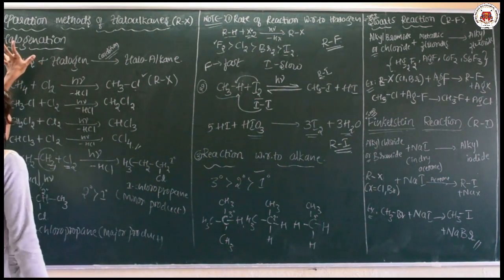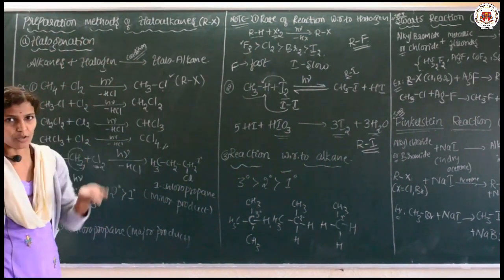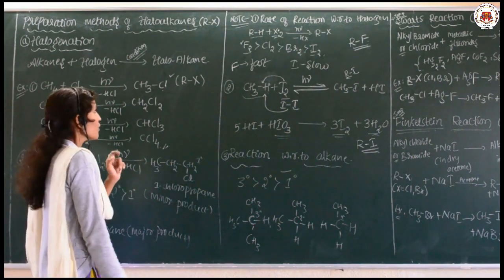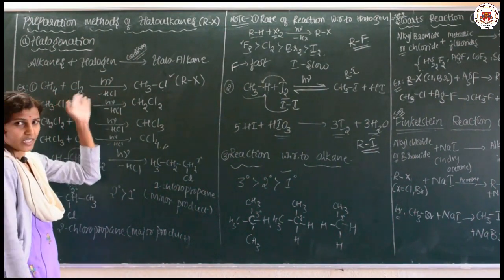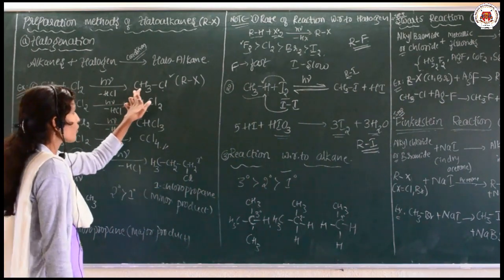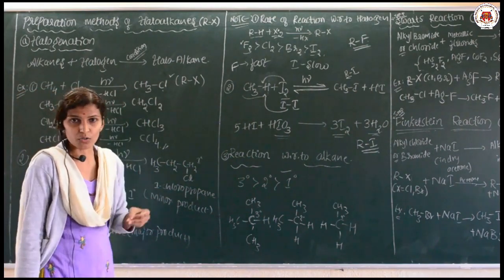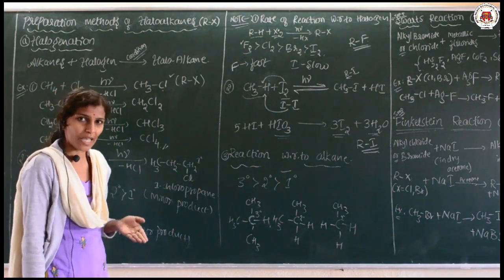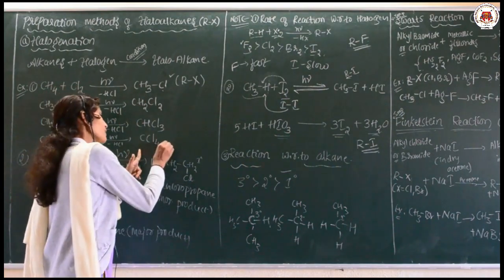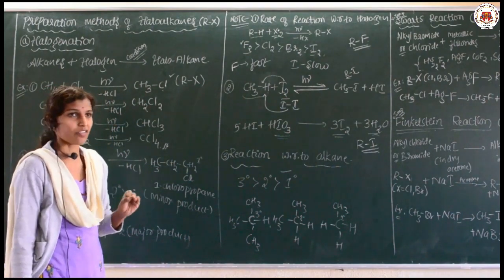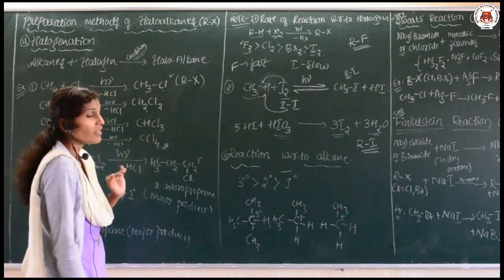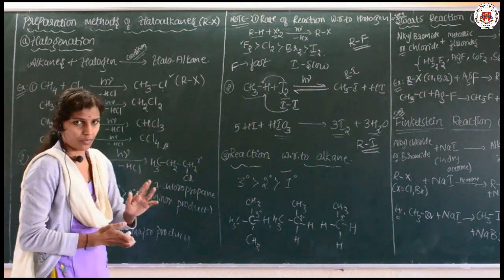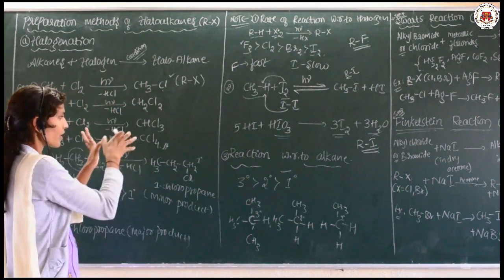First, we talked about halogenation. In halogenation, we add the halogen to the alkanes in presence of sunlight. The first method is methane reacted with chlorine in presence of sunlight, and you are going to get methyl chloride. As it undergoes a free radical substitution reaction, it will carry on until we get CCl4, that is, all the hydrogens are replaced by Cl. However, we cannot stop the product there itself. You only have to remember the reaction.